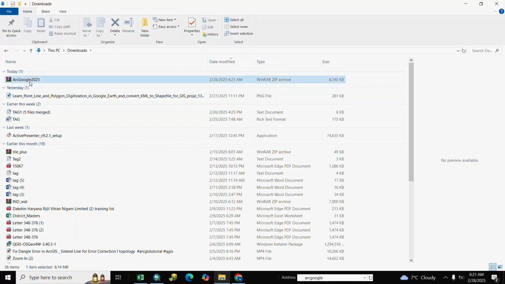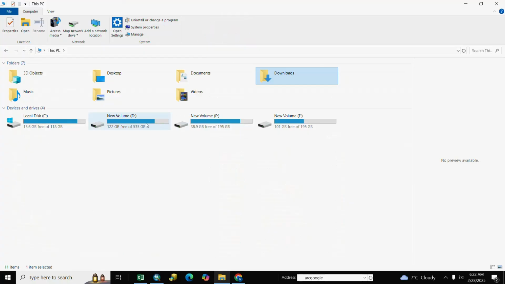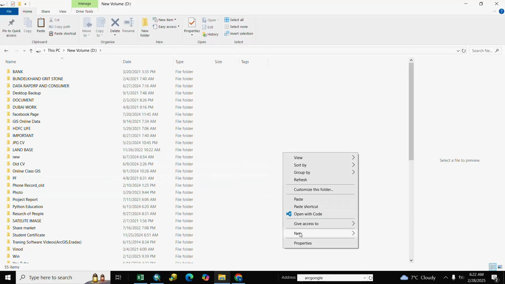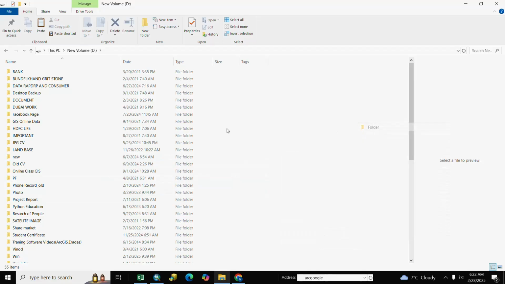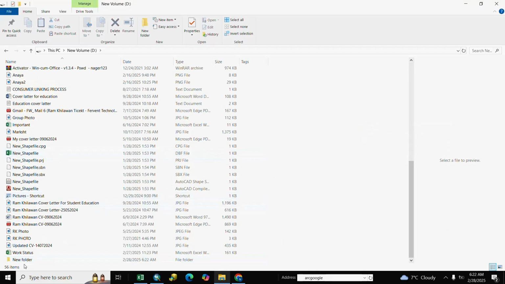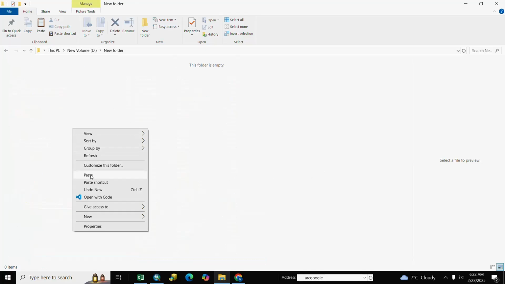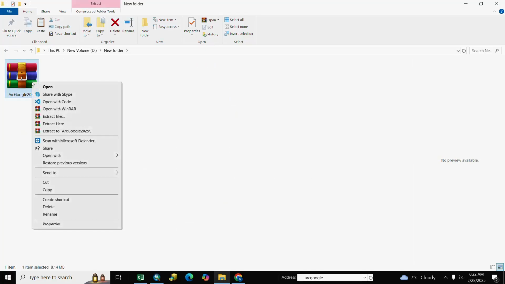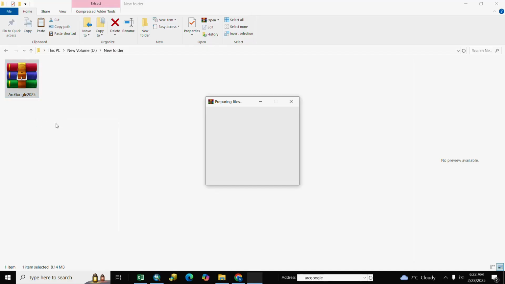We copy it and paste it as per our device. We paste it and extract, right click and extract here.